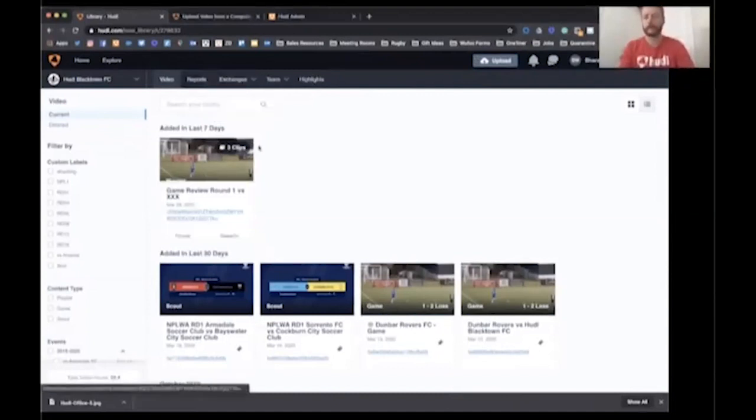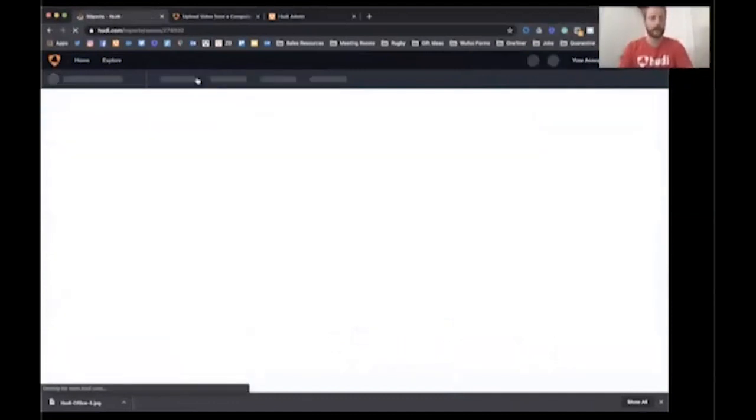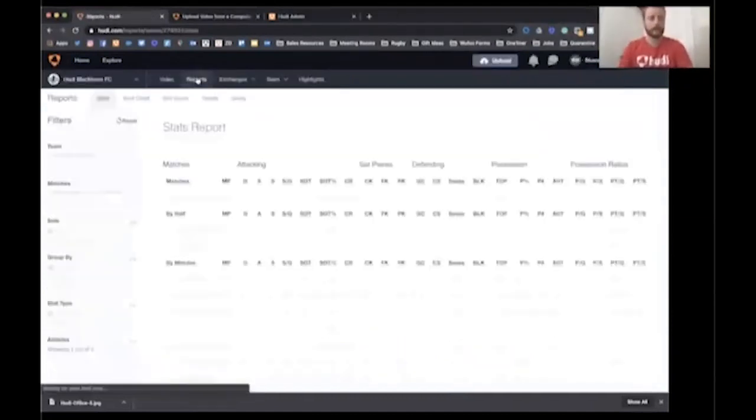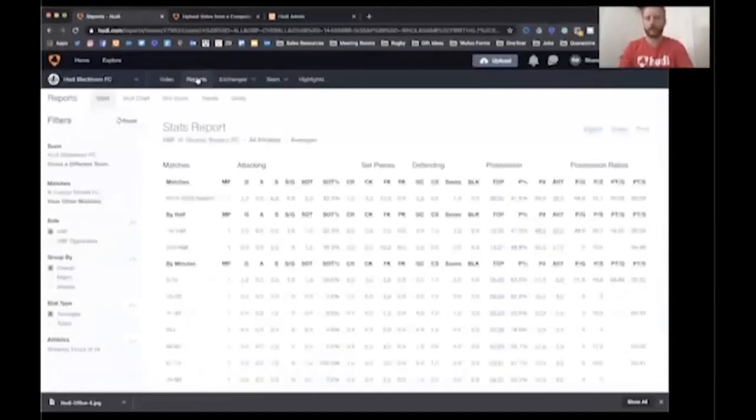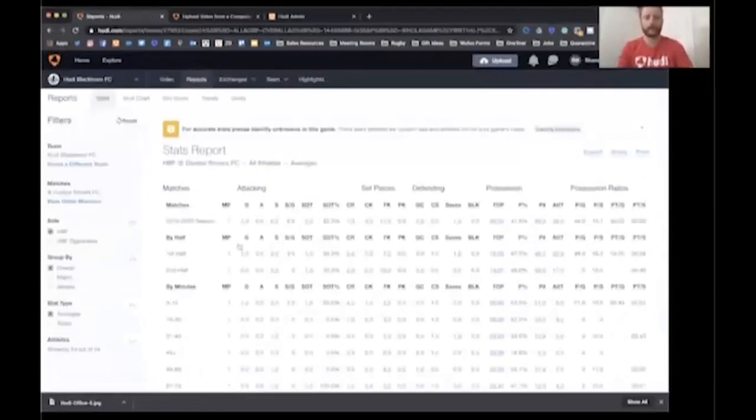And for anybody who does get games tagged by us, there's a report section here as well, which maybe is something for a later date. I can show you really briefly here. You get all sorts of stats, shot charts, trend reports, box scores, passing stats, all that kind of stuff. It's all in here.